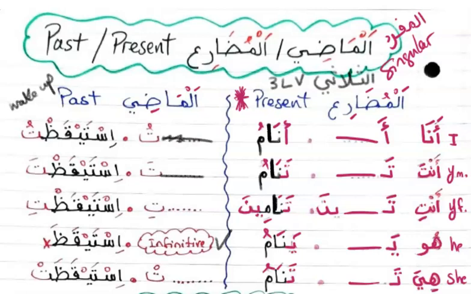I was mentioning that nama is one of those verbs that have a long vowel. If I conjugate nama in the past, this is what's going to happen to nama. As I said, we are going to get rid of the alif, so it will be nim, and then we just add tu. Nimtu, I slept. And then same thing, nimta. All you have to add is noon and mim. We're getting rid of the long vowel.